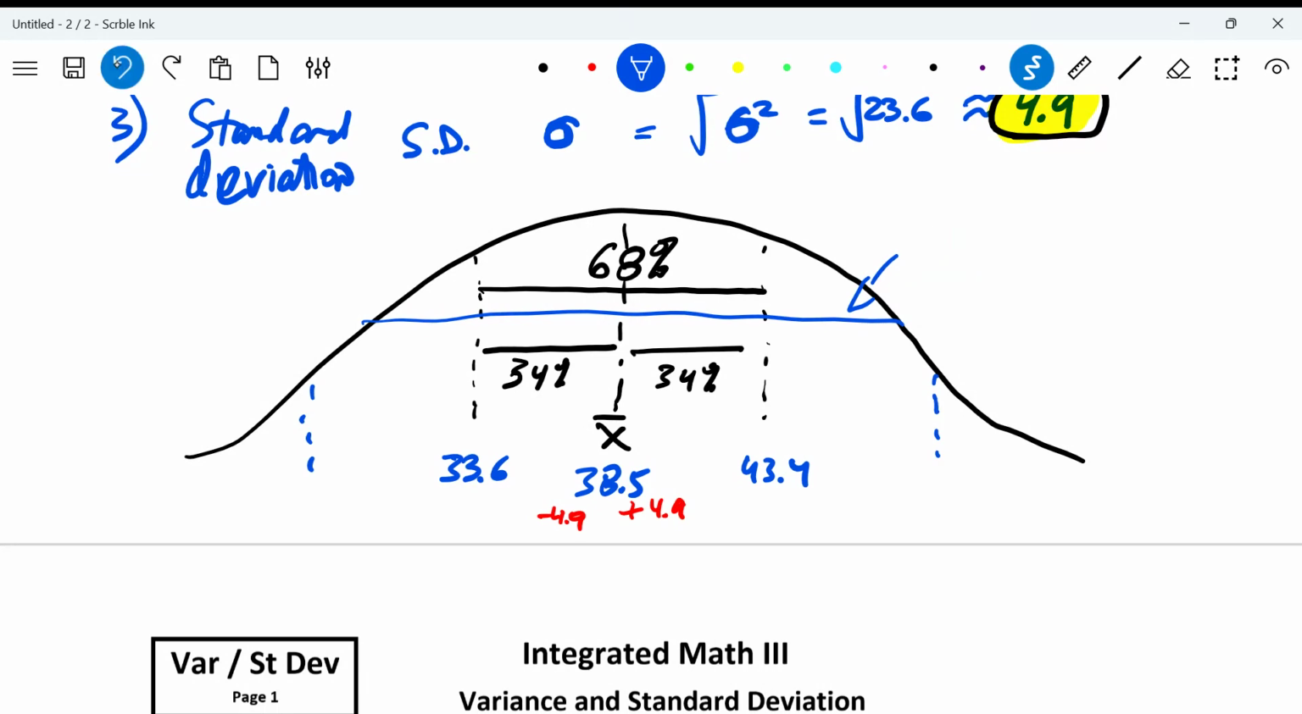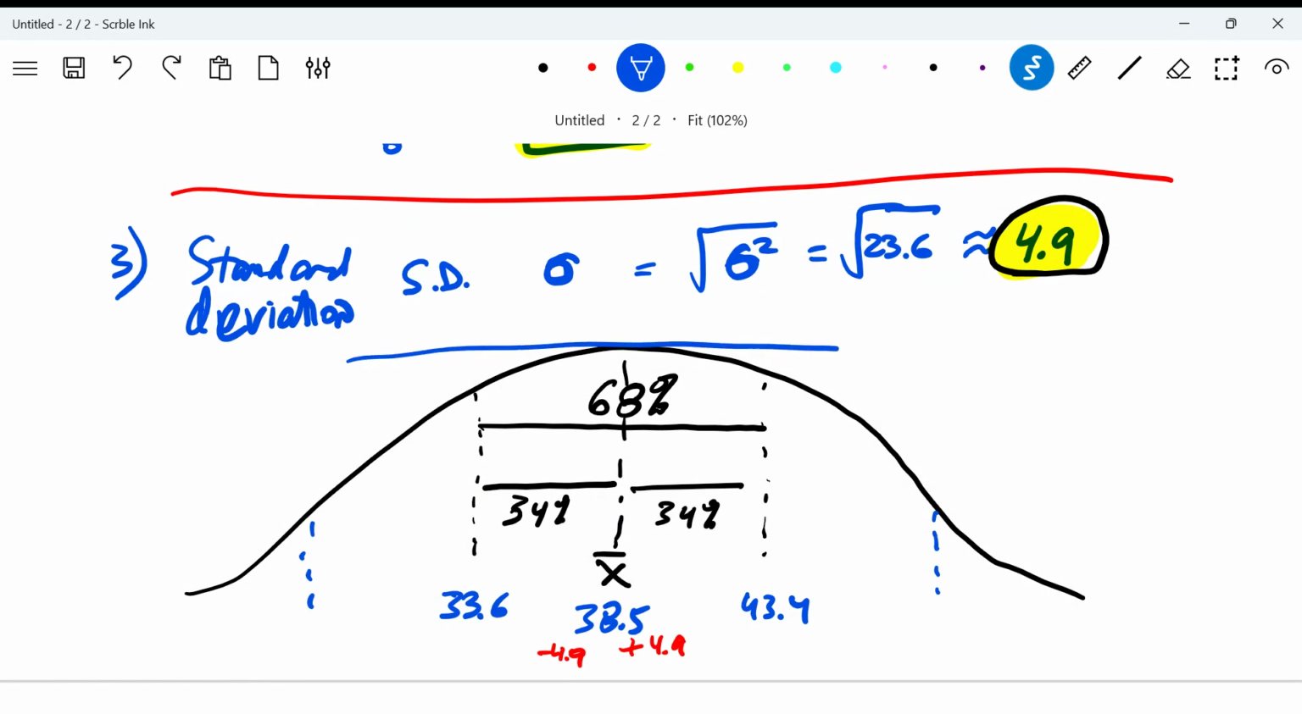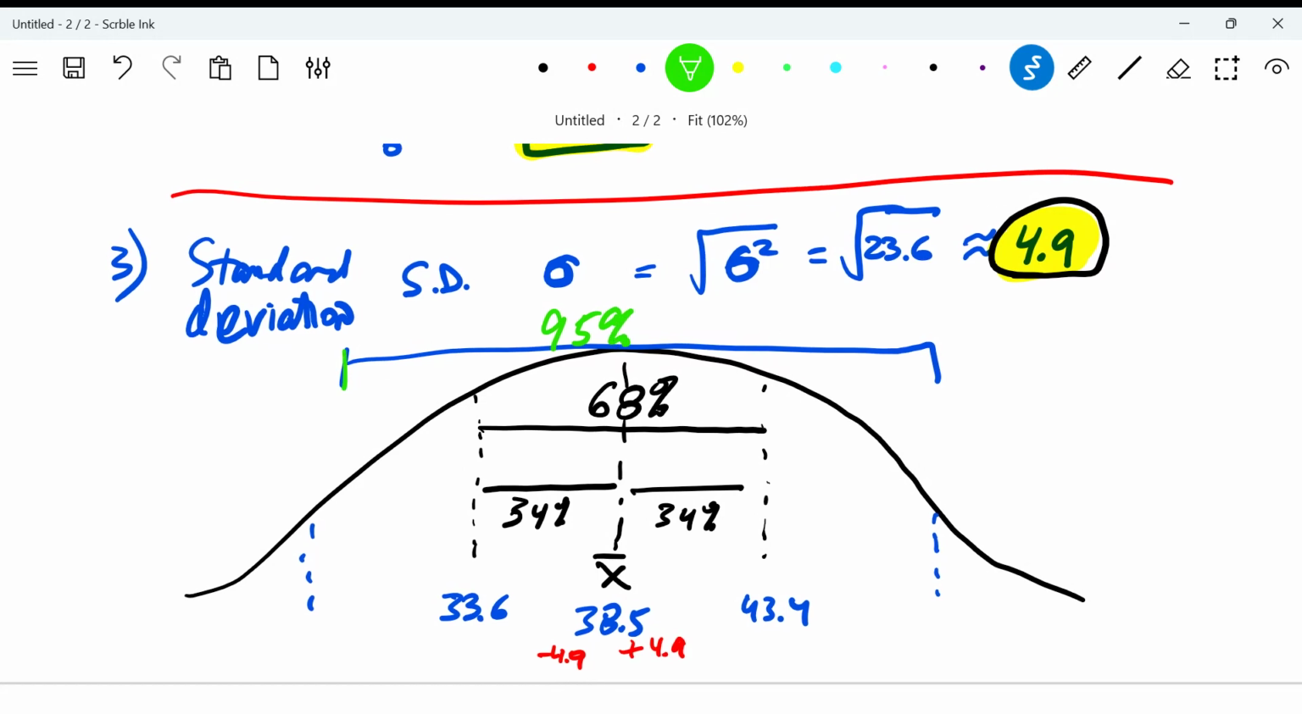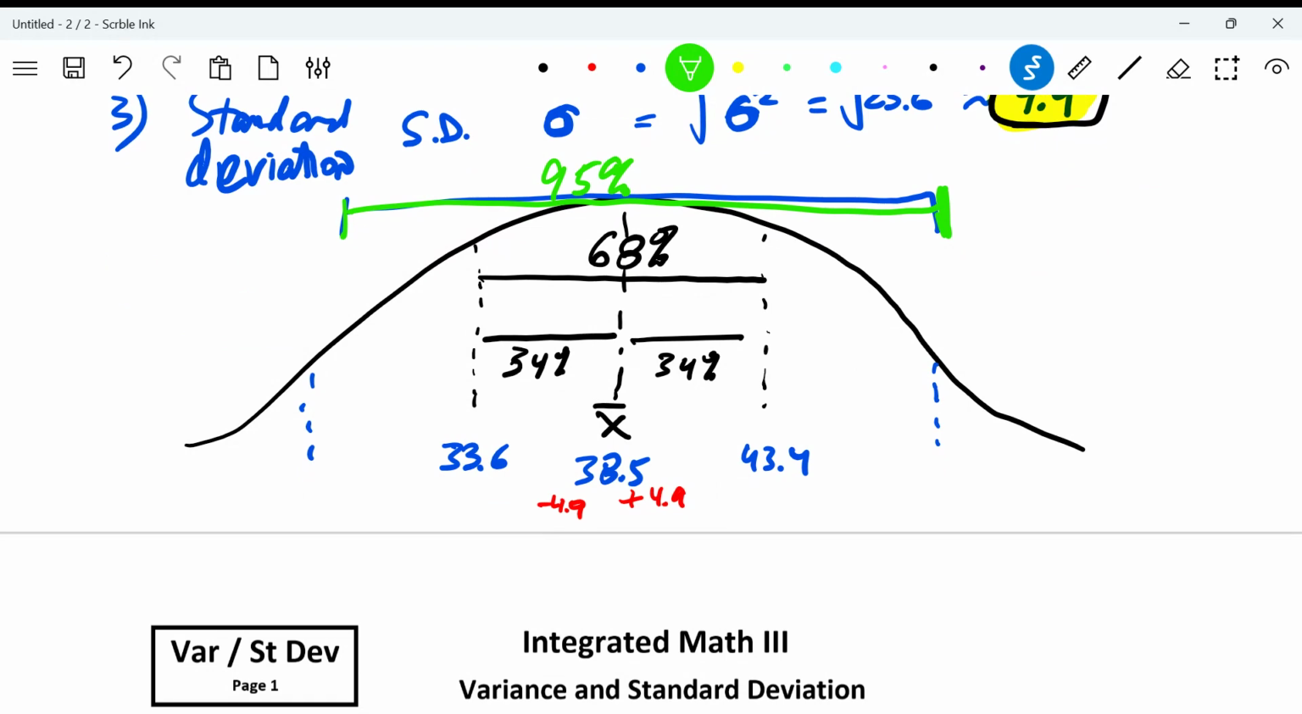Oops, I shouldn't put it there. I think I should do it more like this. If this to this, that's 95%, that in green. 95% is within 2 standard deviations. So in this case, we would do the numbers of